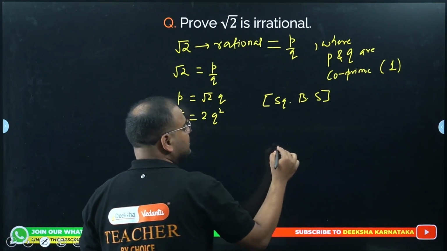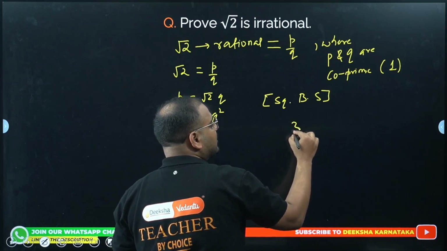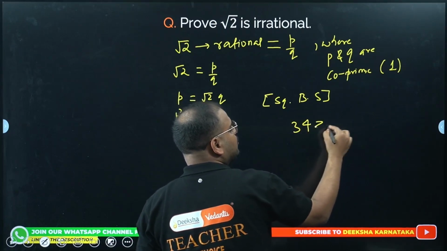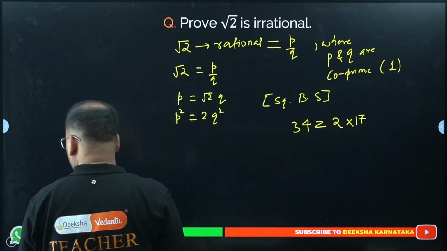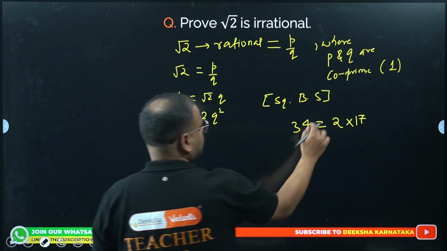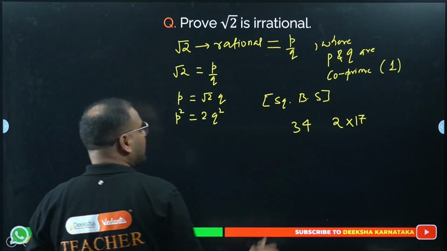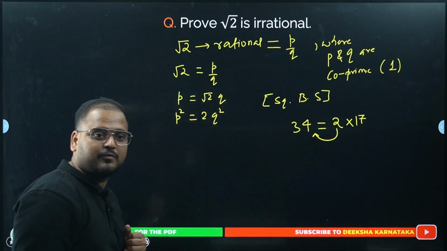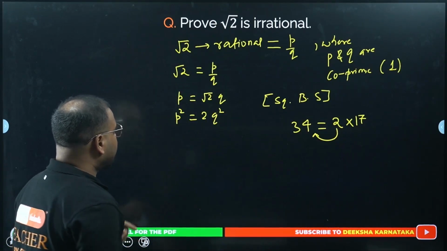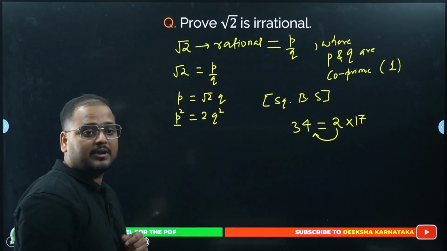If I have something written as, let's say, 34 is equal to 2 times 17, what does it mean? It means that 2 is a factor of 34. Correct? Same way, if I have written p square equal to 2 times q square, it means